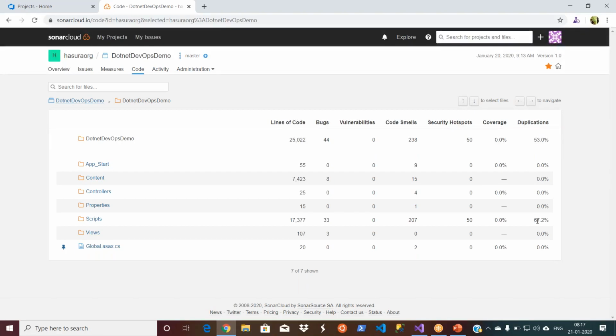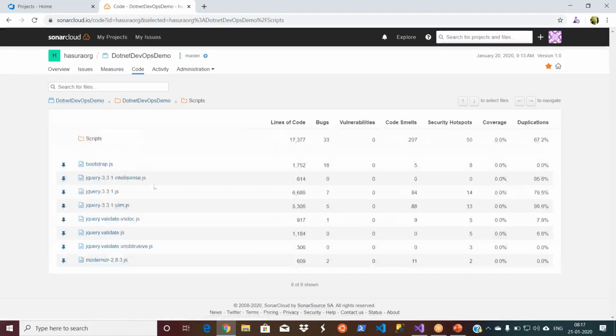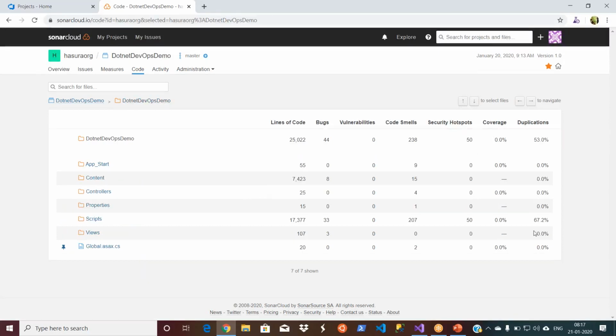And in that, 67% is your scripts folder. The scripts folder contains a lot of JavaScript. It's all jQuery, so it is contributing 67% to your duplications. Let me go back. That's not written by the developer.